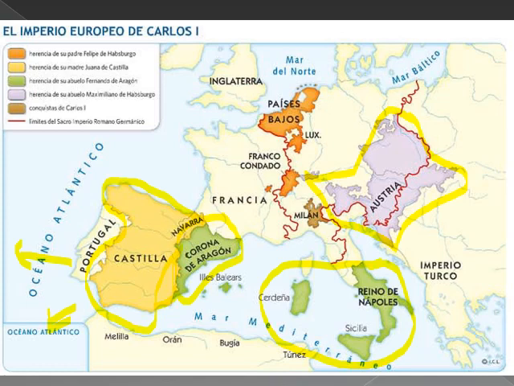Y por parte de su abuela, María de Borgoña, recibe los Países Bajos españoles, the Spanish Netherlands, que incluyen Bélgica, Luxemburgo y Holanda, y el Franco Condado, que es este territorio que, como os podéis imaginar, hoy día pertenece a Francia y, como os podéis imaginar, el rey de Francia va a querer conquistar para sí. Va a ser uno de los territorios que se disputen con el rey de Francia.